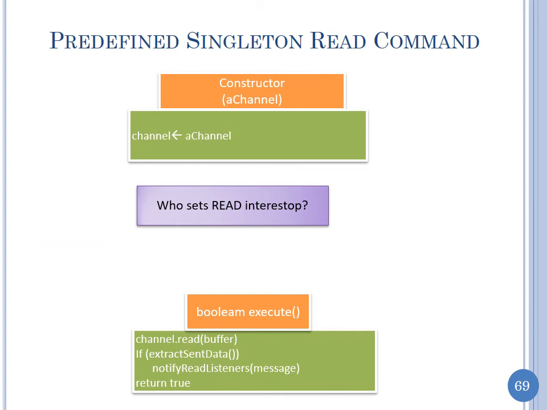So this is my read command. It has got no initiate method. It just stores the channel. And every time its execute method is called, it reads the buffer. And this calls a method to see whether the sent data has been completely read or not. So it might have got the header buffer and only part of the payload. The payload may be really large. So all this stuff is